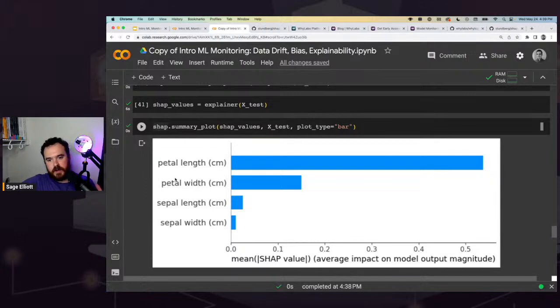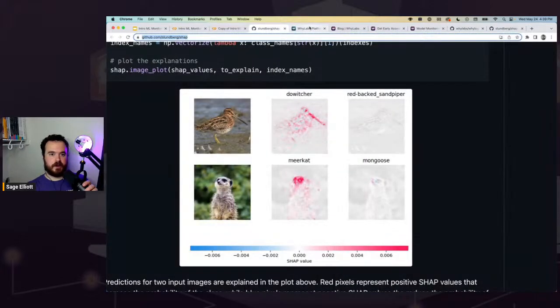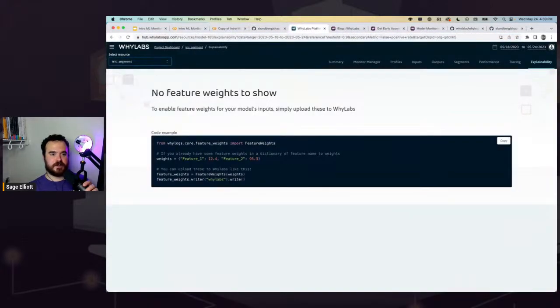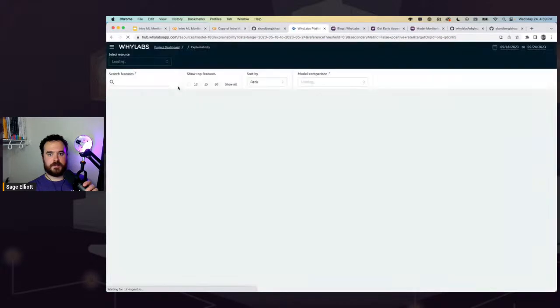If you train a new model, you can compare both of them together and see if they still have the same feature importance or if it changed at all. You'll see that comparison tab in there. You can also click on this and drill down, so you can quickly set up a monitor on the most important features. I think you can auto set monitors on that too, so you can grab the most important features and automatically set up a monitor there.